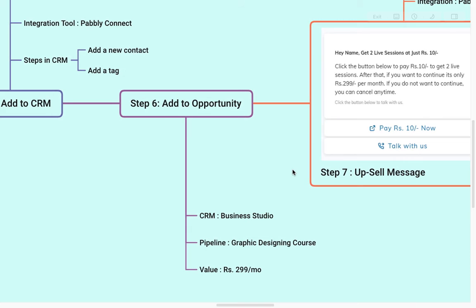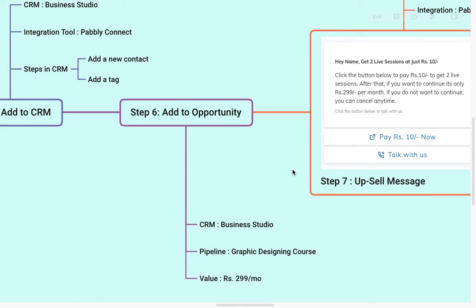So what exactly is an opportunity? An opportunity is where we add a user into the pipeline, where we actually portray the scope of selling to the person, and we assign to the sales team that we have a new lead in the system. Now it is in pipeline stage 1, that is lead. The next step is to give a presentation, and the third step is to follow up and close, right?